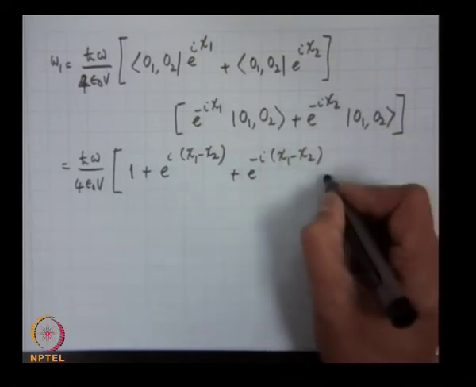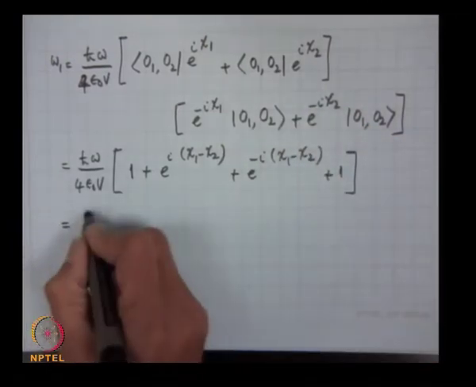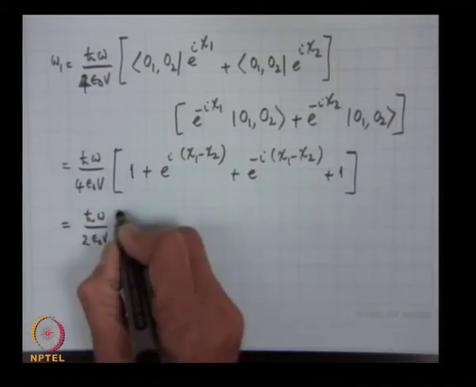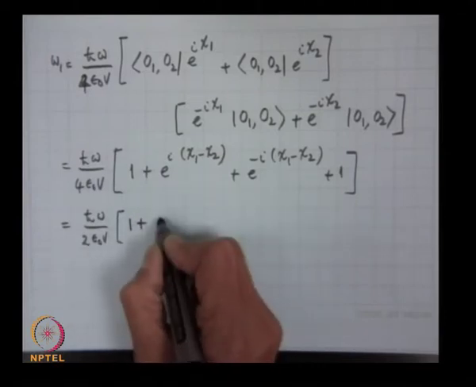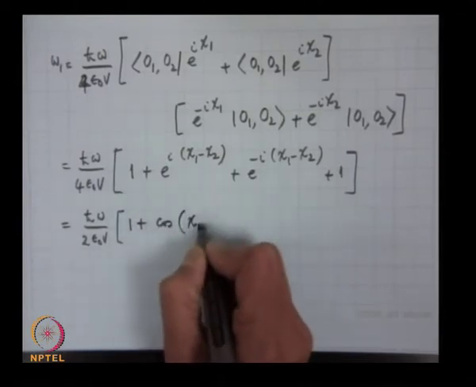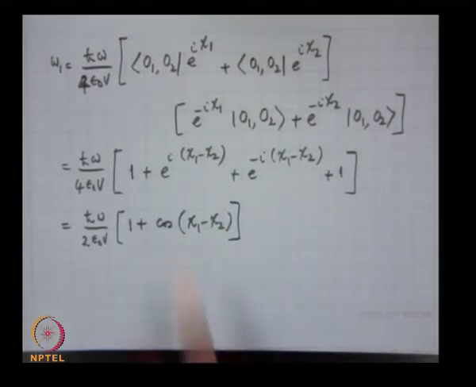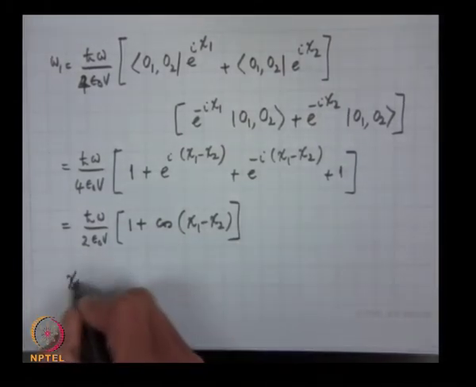This into this is 1. So this is equal to h cross omega by 2 epsilon 0 V. So I've taken out 2. So 1 plus cos, this is 2 cos chi 1 minus chi 2, and chi 1 minus chi 2 is